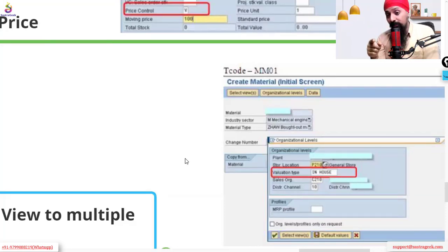Where do we configure the valuation type? In the configuration, we have configured the valuation type, we have configured the valuation category, and we have extended our material. We have defined the valuation category in the material master, and we have extended our material to the different valuation types. So I'm answering it very quickly here for the split valuation. You can go through the mind map step by step. It will be very clear to you.